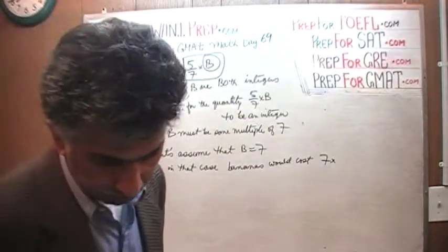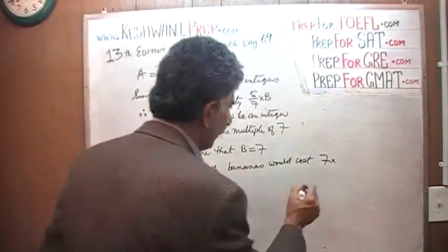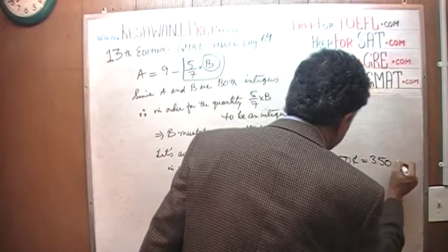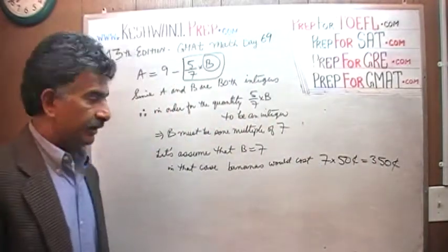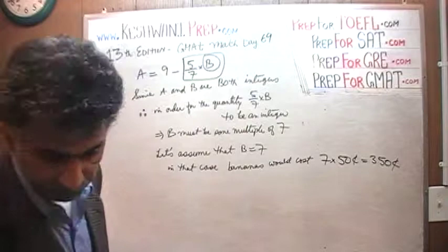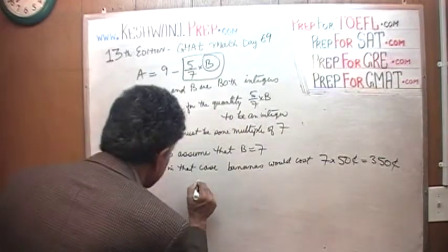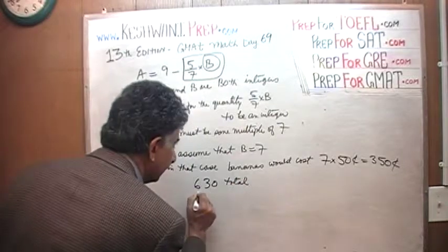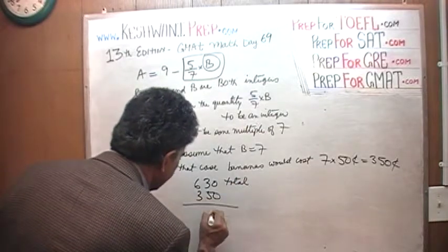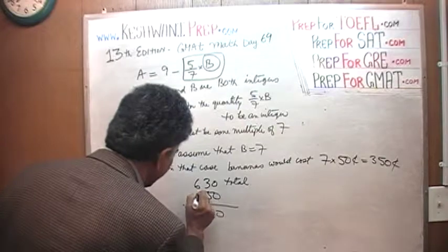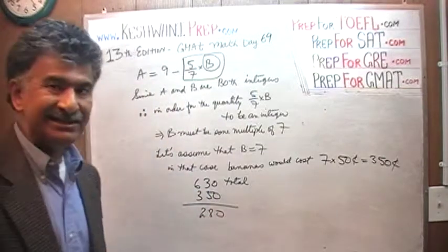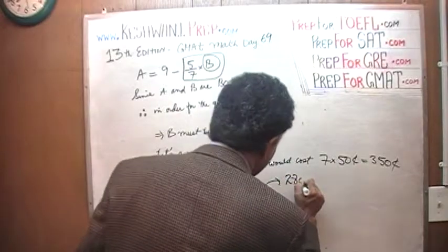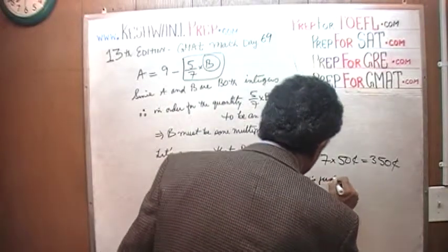How much did the banana cost? 50 cents. 7 times 50 cents, or $3.50. The total amount that was spent was $6.30. This was the total. If we subtract $3.50, 13 minus 5 is 8, 5 minus 3 is 2. Voila, 280 cents left. 280 cents is just enough